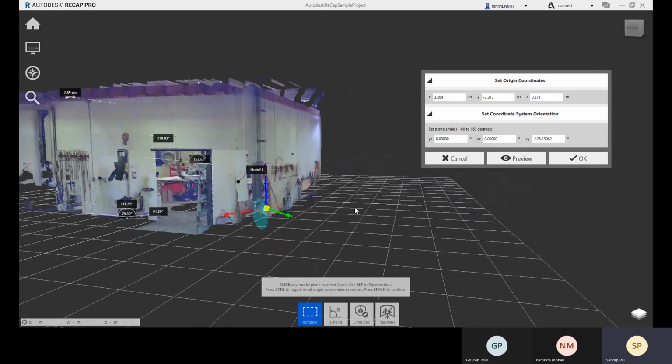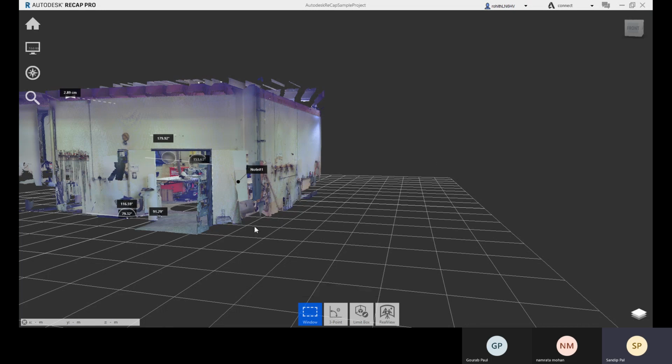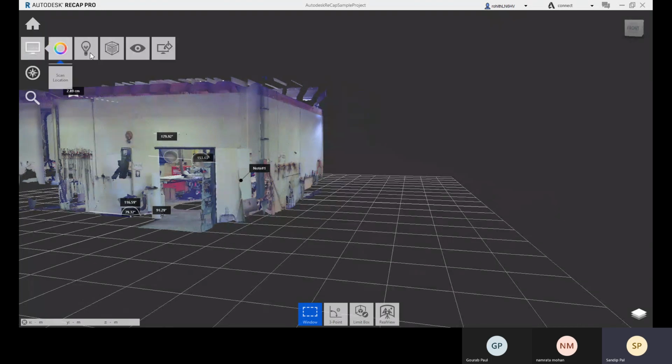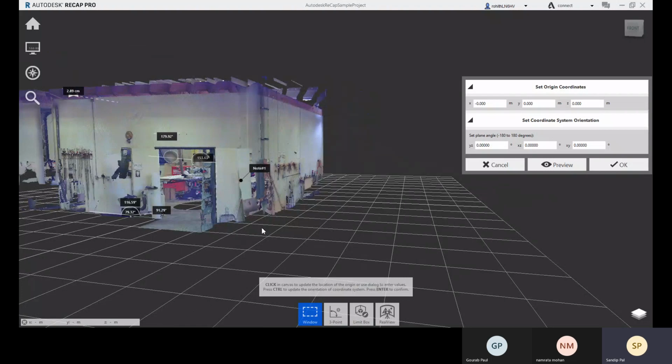And if you want to change this location, you can do it by dragging. So let me not do that. I'll cancel it, and again I can come here, update origin, click and go for preview, and there you can see.